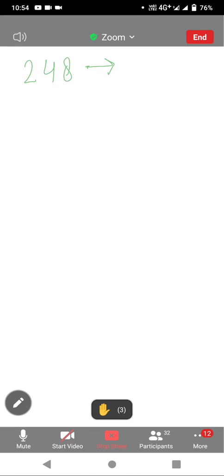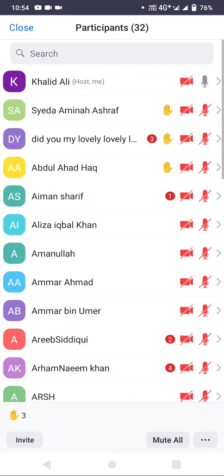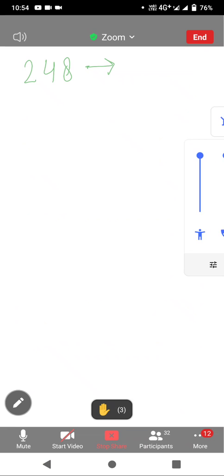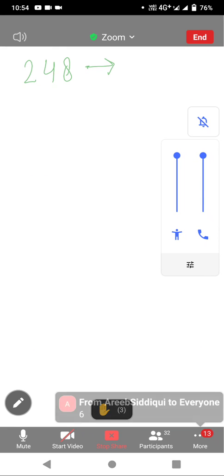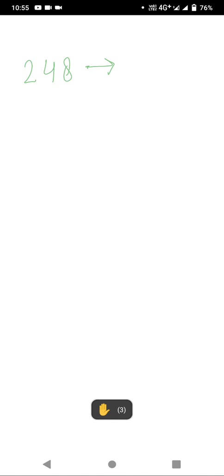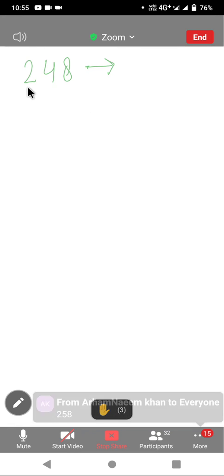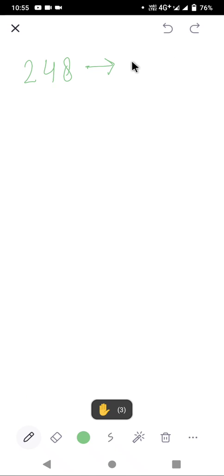Some students are saying 348. I am just asking 10 more than. Okay, when we need to find out 10 more than, then only the tens place digit will change. Okay, and the hundreds place digit and ones place digit will remain the same as it is. So here we have 2 at the 100 place. We'll write 2. Here we have 4 at the tens place. So we'll change the tens place digit.